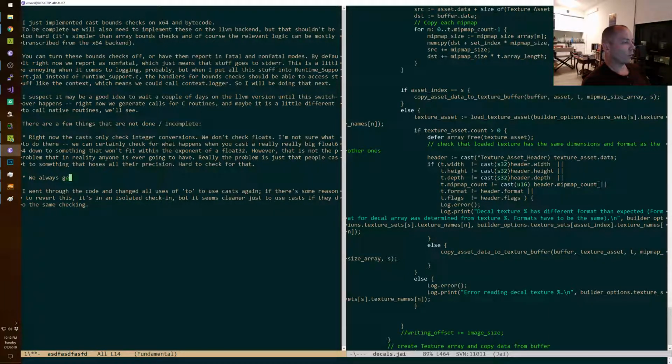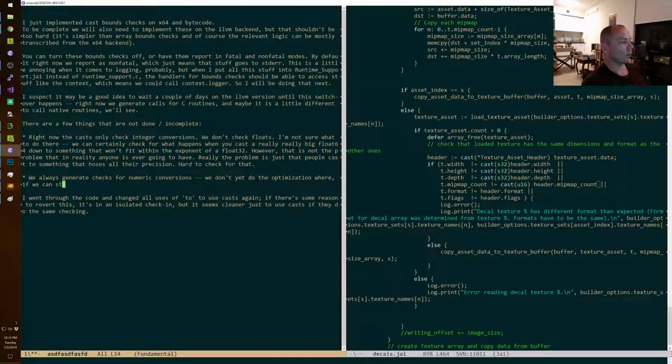We always generate checks for numeric conversions. We don't yet do the optimization where if we can statically determine the cast isn't potentially lossy, we skip generating the check.